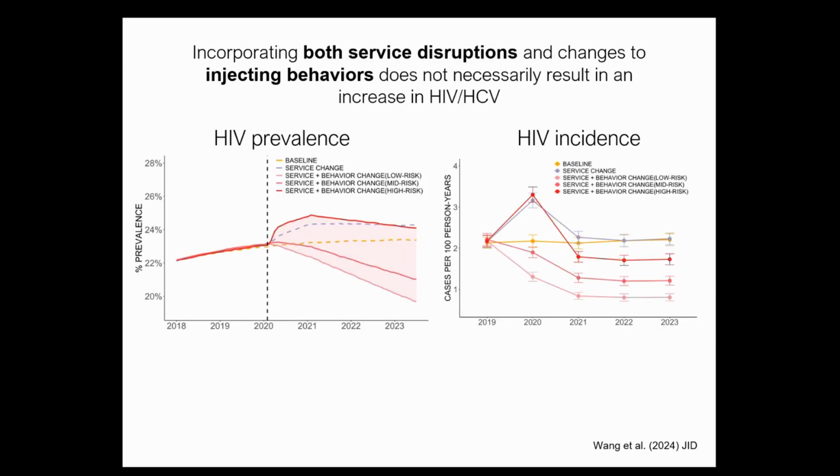pre-pandemic. And so when we actually include the service disruptions with the injection behaviors, what we saw in our model is that the end result is HIV and hepatitis C wouldn't necessarily have gone up. So in some simulations, it did still go up, but in general, we saw a number of simulations where it wasn't necessarily going up from baseline. And so this just provides some idea and some suggestions about why we may not have seen those large outbreaks or large increases in HIV and hepatitis C prevalence or incidence, if individuals were also changing their